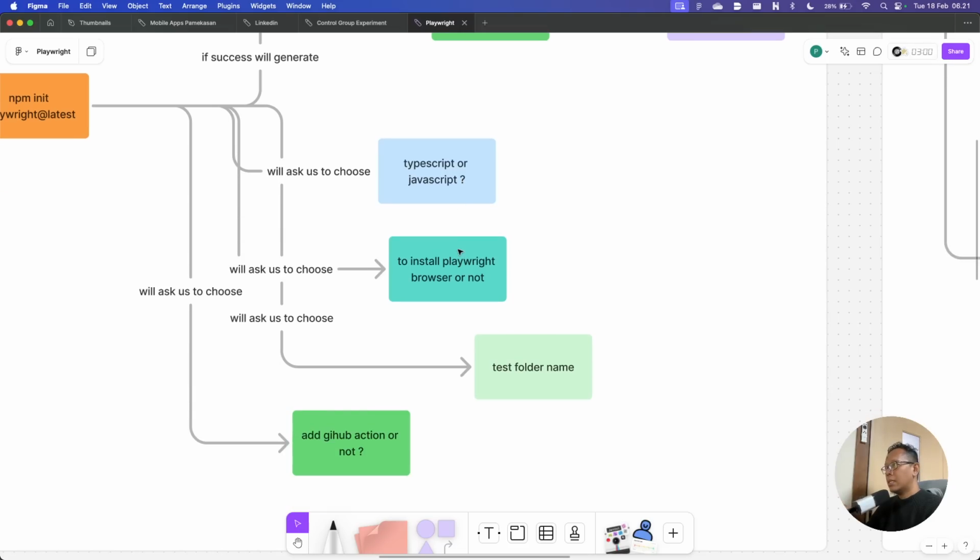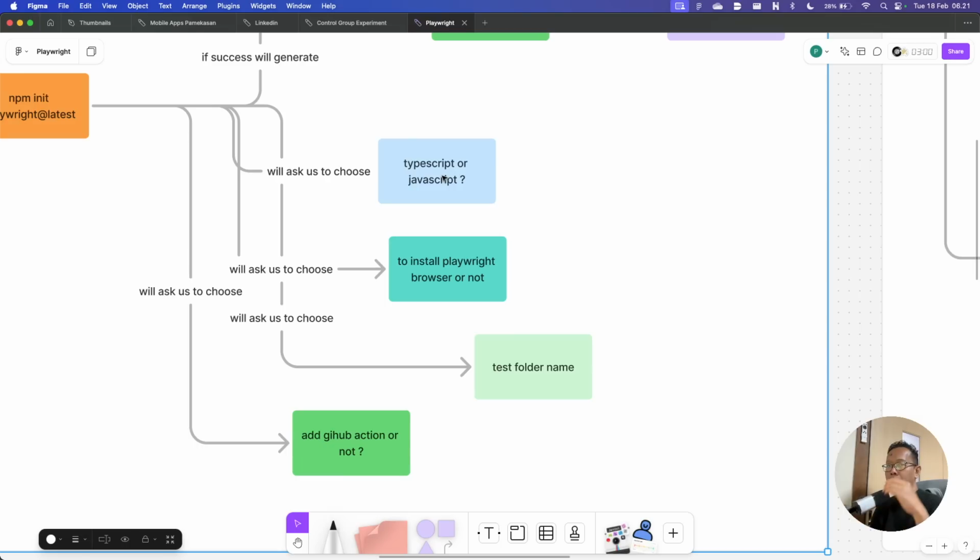So many junior QA, junior developers that I teach about automation, they just blindly choose yes, and then they don't understand why it is JavaScript and why this is TypeScript. So be careful with this.